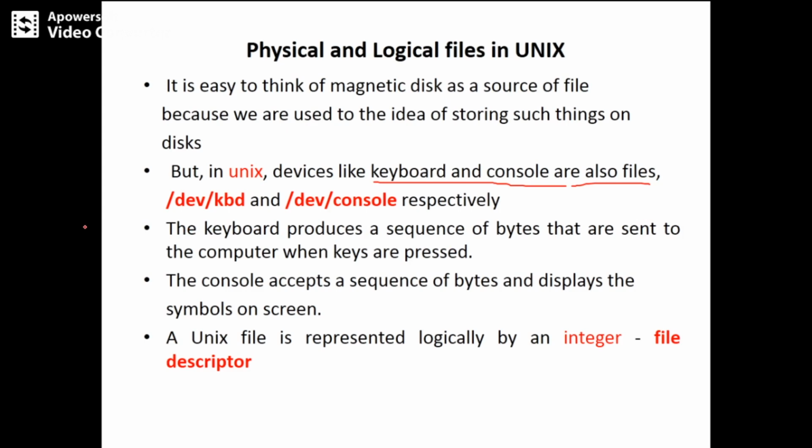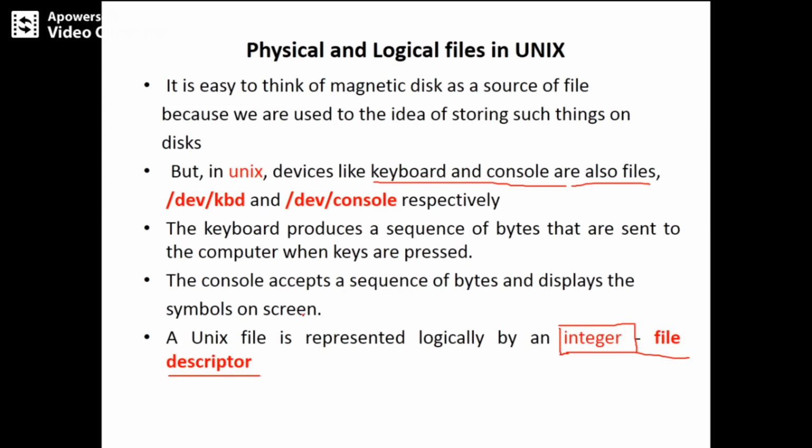If everything acts as a physical file, then everything will have its own file descriptor value. File descriptor is nothing but an integer value: each and every file of the Unix directory has its own integer, and by using that integer you can access the file, right? That is called a file descriptor.